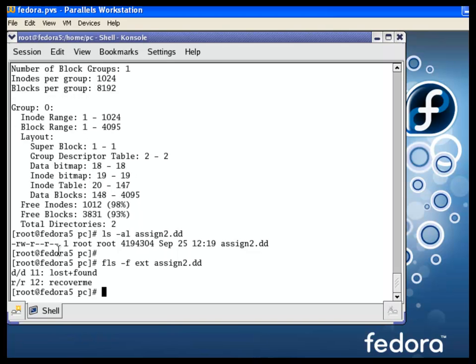Notice that lost plus found is a directory. Didn't say it had two directories, I believe. One would be the root directory, and this is the other directory. And then we have this file right here, which is inode 12, which is the file recover. And so if we run istat on that,